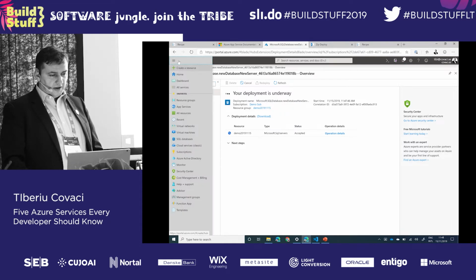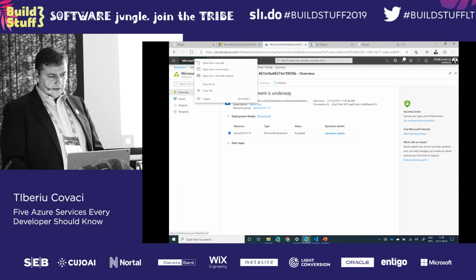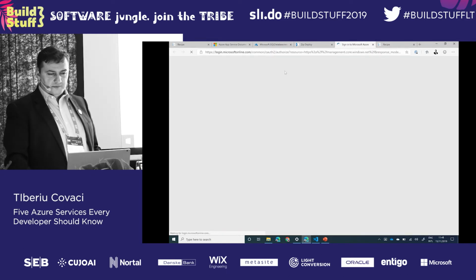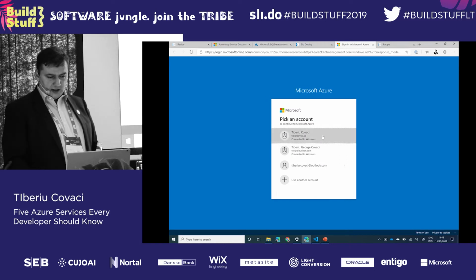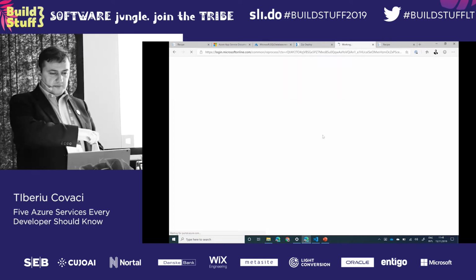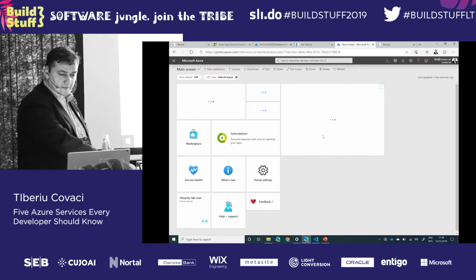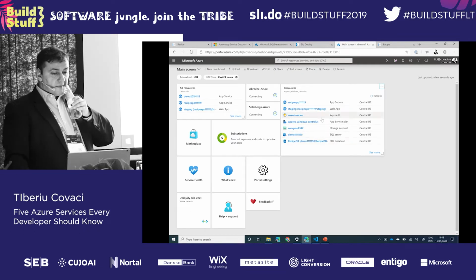Let me actually open a new window like this, because it would be easier for me to go there and show you things on the dashboard. So once I'm done with that,